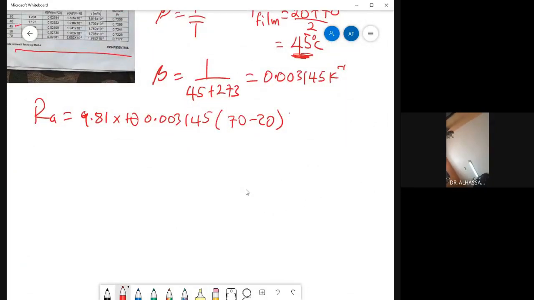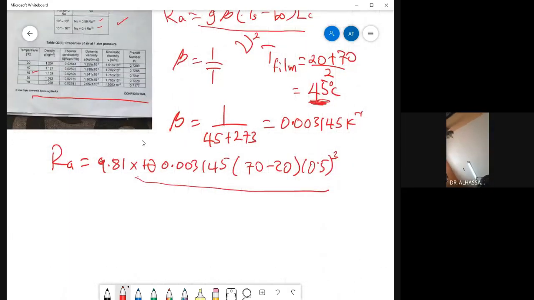So we have 0.5 over here, raised to the power 3, all divided by the kinematic viscosity. So what is our kinematic viscosity given here? Our kinematic viscosity is 1.75 times 10 raised to the power minus 5, squared. So if you calculate this carefully, oh yes, so let's see,